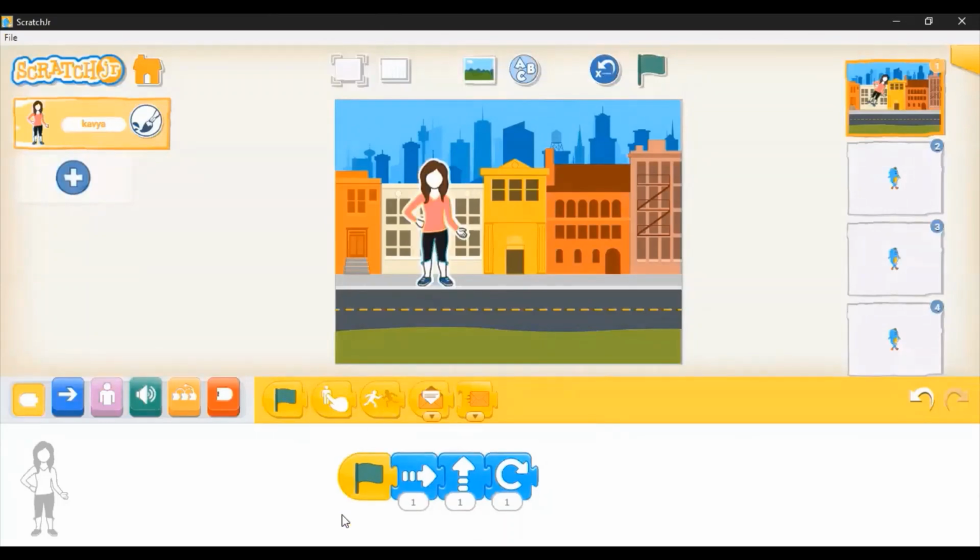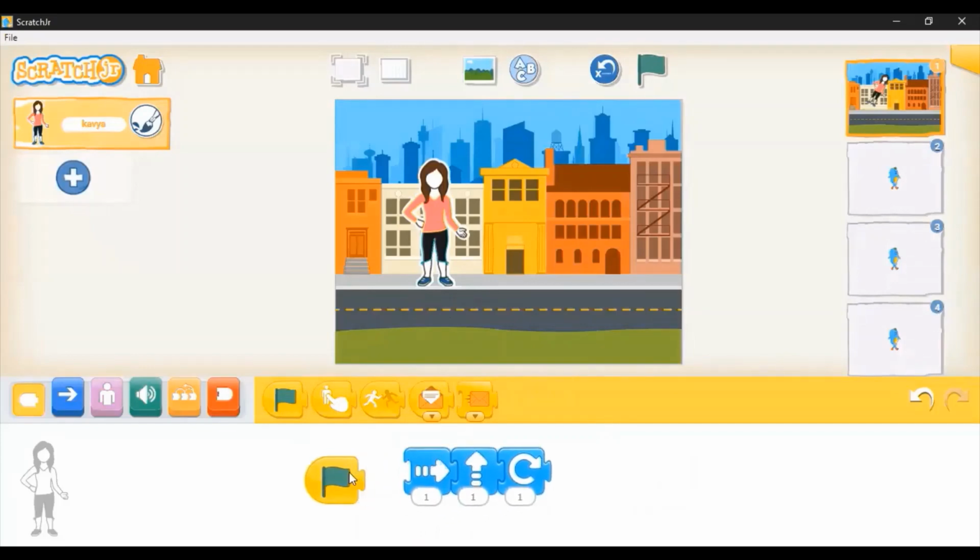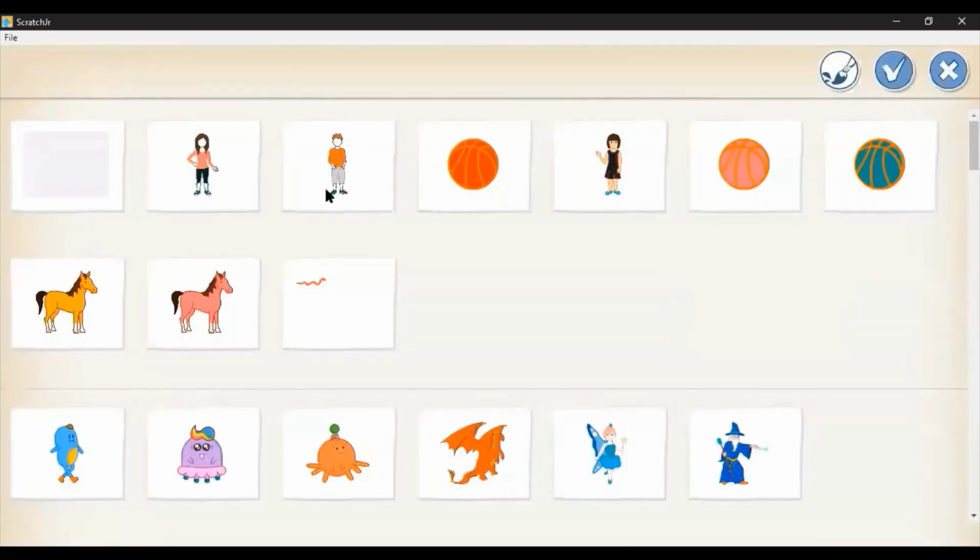The third one. So I remove this. You can have only one triggering option at a time. So I replace this and I take the third one. Basically, it is when another character touches the present character, then this code will get executed. To understand it better, I will select a character, say I select this girl.